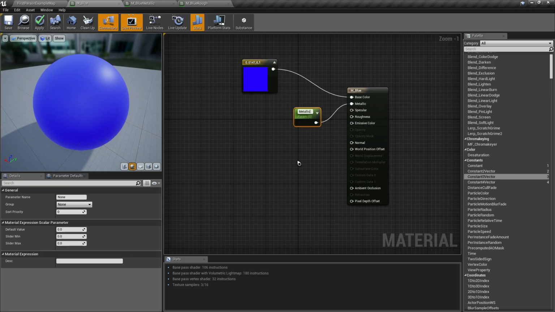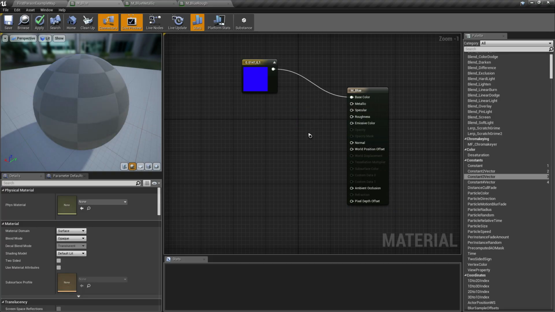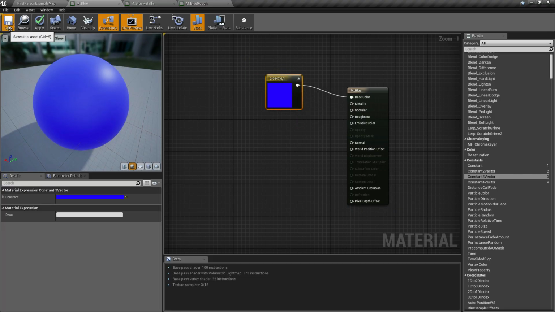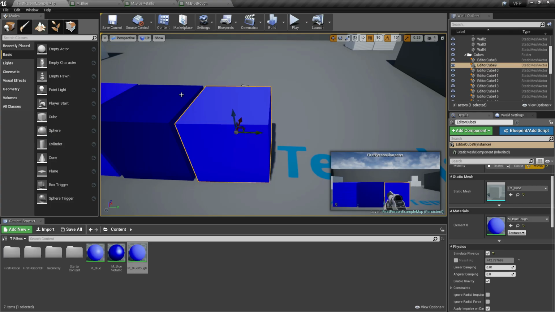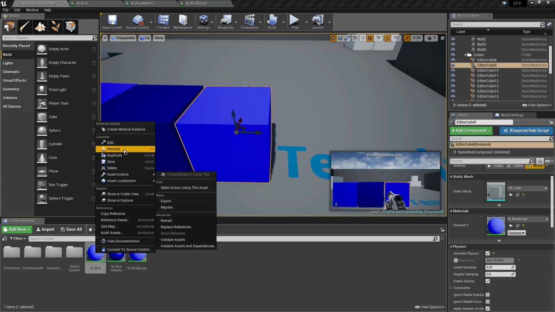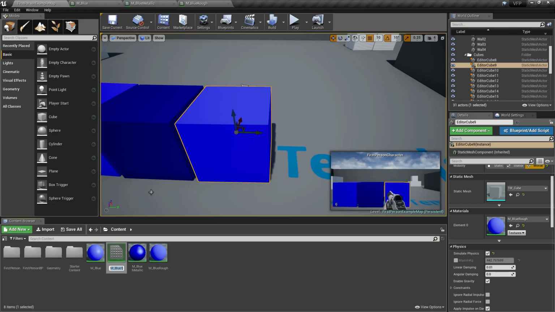Okay, so we forgot to duplicate the material, so not this one. Let's duplicate our first material and name this one blue shiny metal. Then let's open our fourth material.